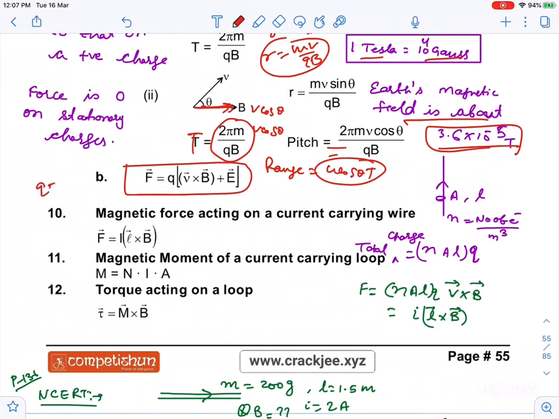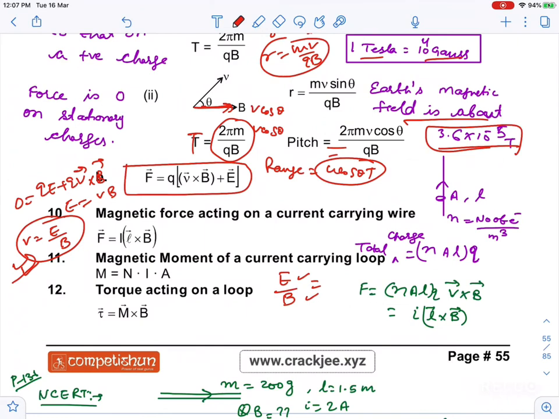Okay, now this formula is known as the Lorentz force. F is equal to qE plus qv cross B, and you know that if the Lorentz force on the particle is 0, then E is equal to v cross B. So velocity can be written as the ratio of electric field by magnetic field. This is the most important result. If they ask you the dimension of E by B, electric field by magnetic field, don't confuse, guys. This dimension is L T to the power minus 1. This is the unit of velocity only.